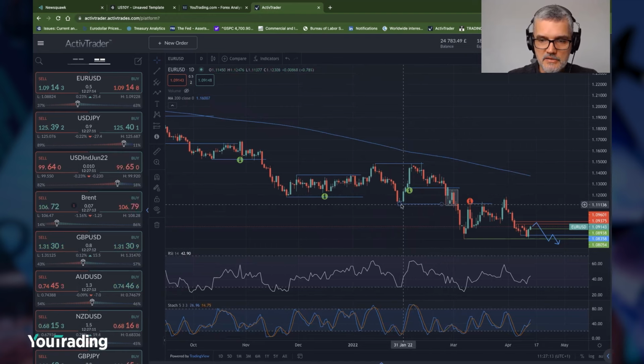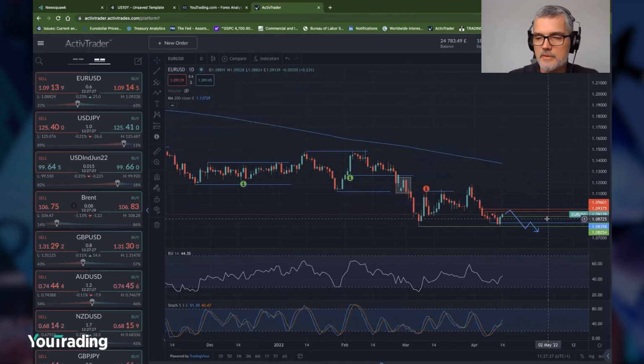We had a big spike down, took out that range low, sort of swing low, and then we accelerated to the downside. The ECB essentially just brought it into that range, into that balance area, and then sold off down to this swing low. So now we're waiting to see: are we going to stay within the 1.11 down to the 1.08, or are we actually going to start to see things go lower?